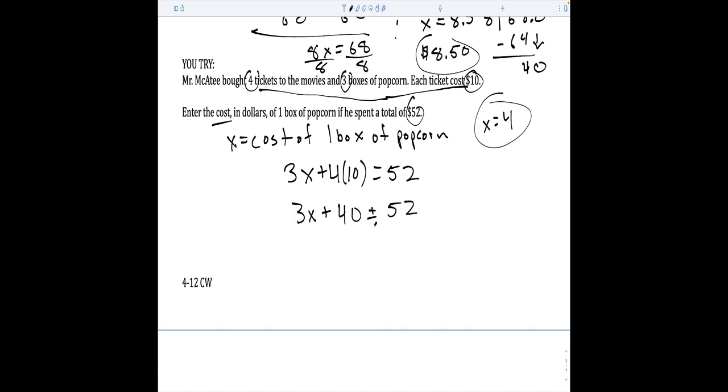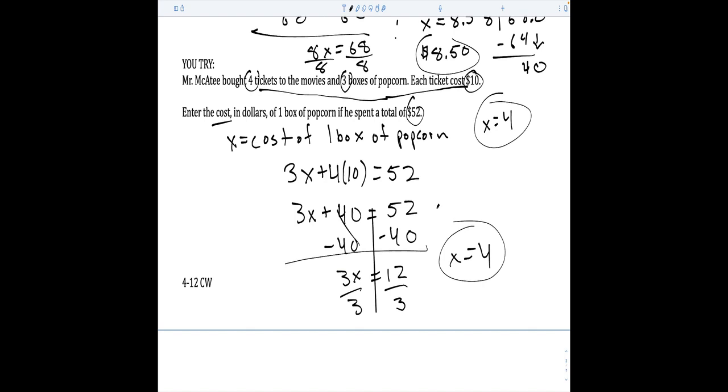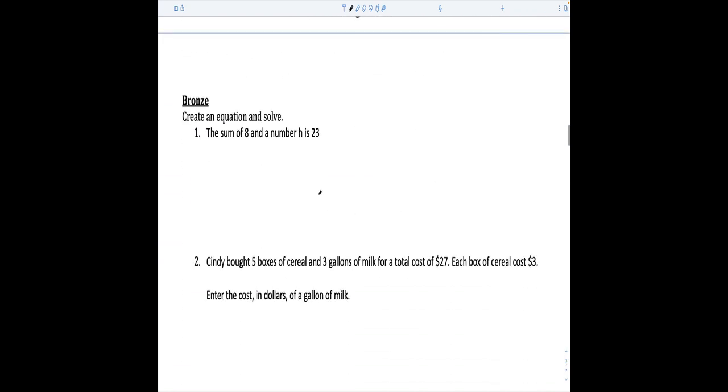And Heather, what's my first step? Do the inverse with the 40, so that would be subtracting on both sides. Nice, thanks for that keyword of inverse as opposite. And divide by 3. X would equal 4. Flip to problem 1 on the bronze. You're going to notice I start